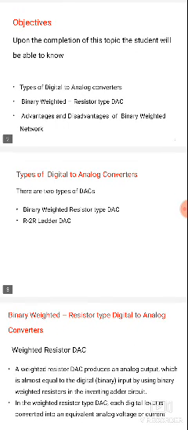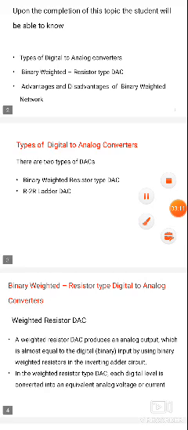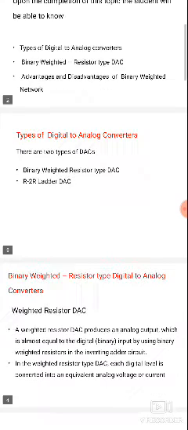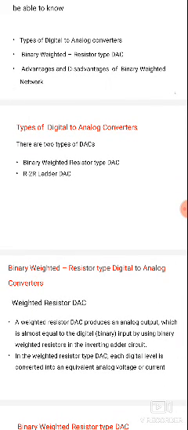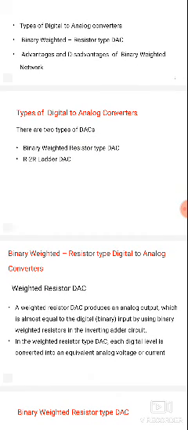These topics were already completed in previous classes. So today I am going to explain the binary weighted resistor type digital to analog converter. Binary weighted, the name itself says it contains binary values. Binary means the values are zeros and ones only. Weighted, based on binary weights we can convert digital values into analog values. That means conversion from 0 and 1 into an analog value,